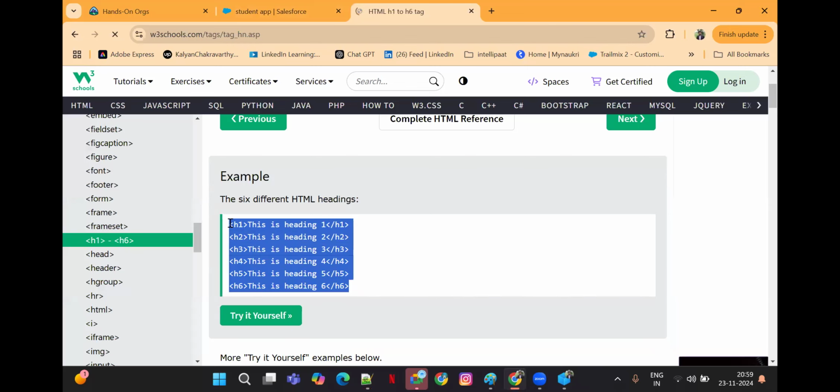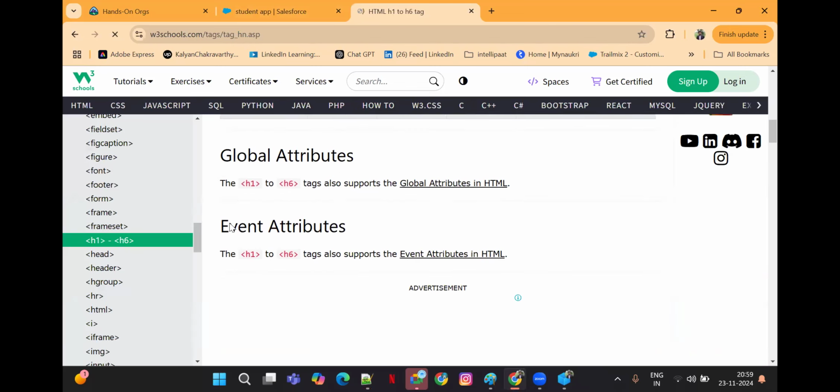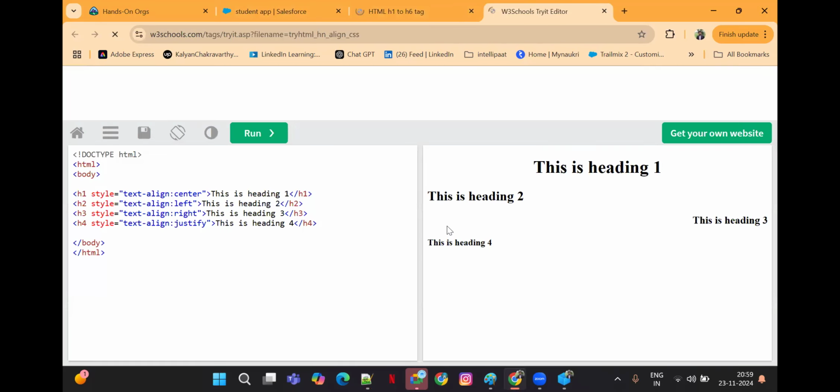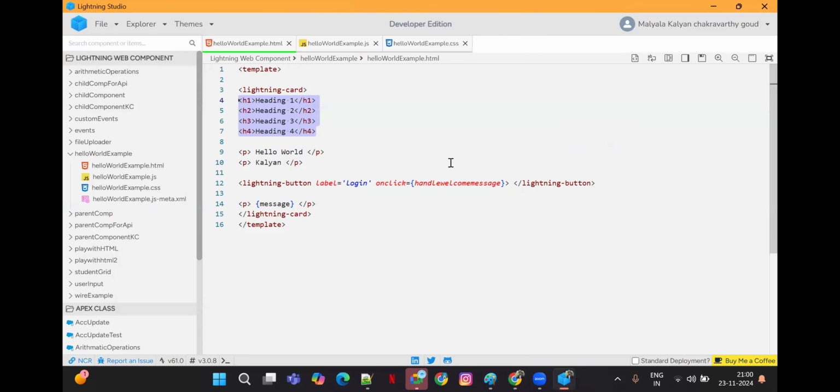If we write it this way, you get heading 1 with a big font size. Heading 2, again the font size will be different. Heading 4, the font size will be different. This is the HTML. But if you do the same thing in the LWC of Salesforce,